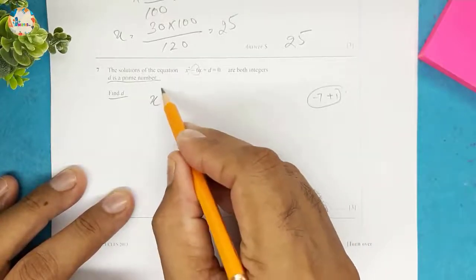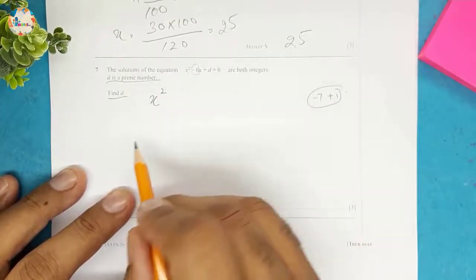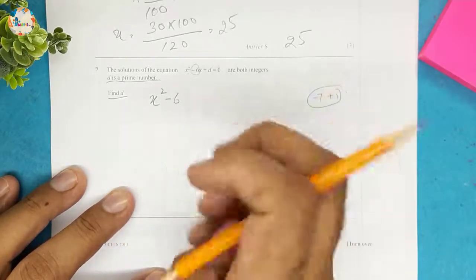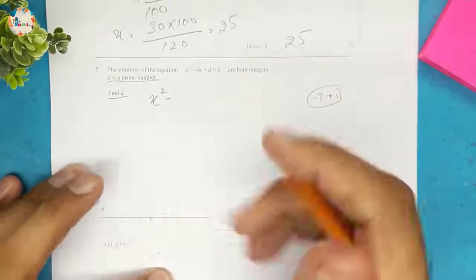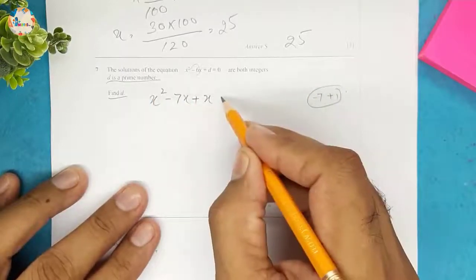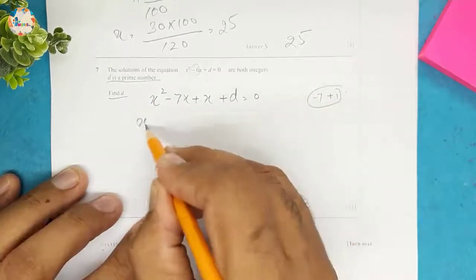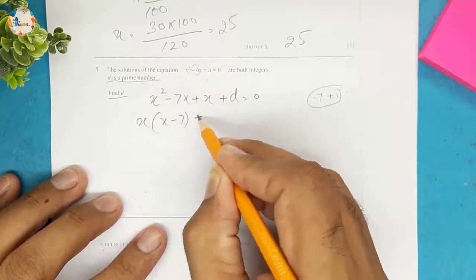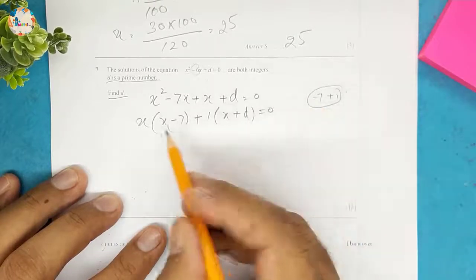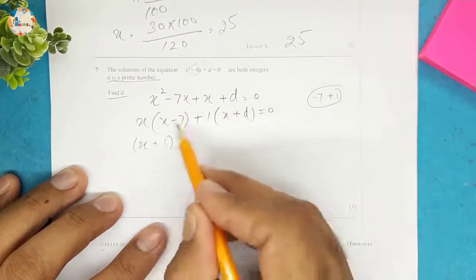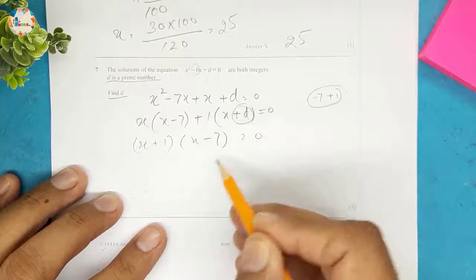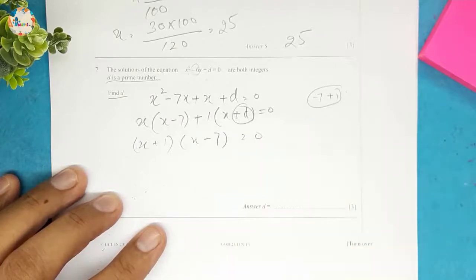So our equation will become x squared minus 6x, basically 7. So we can write minus 7x and plus x plus d is equal to 0. So x we can take common, it will be x minus 7, plus 1 we can take common, so plus d is equal to 0, and this will be x plus 1 and this should be x minus 7 is equal to 0. So this position should have answer as